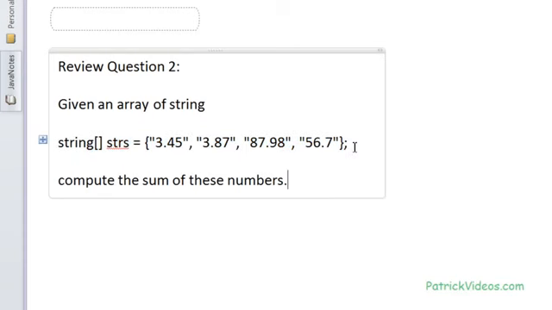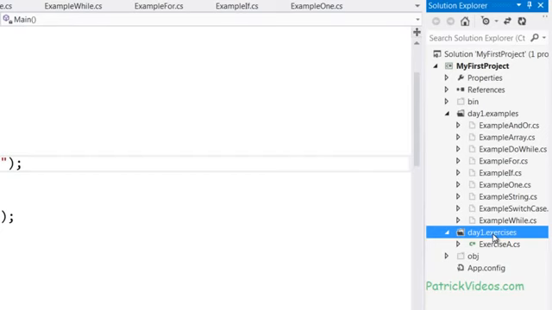The next review question: given a string array, compute the sum of these numbers. So here you can see a string array which contains numbers, but they are all in the form of text, that is they are within double quotes, so they'll be assumed to be text. So back in our folder, let us create another class called exercise B,